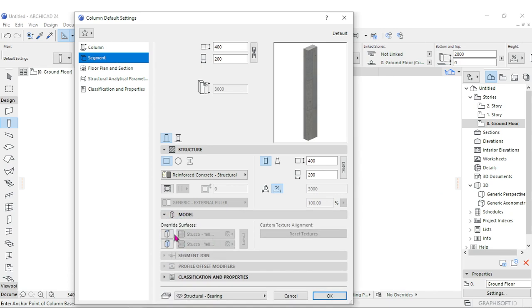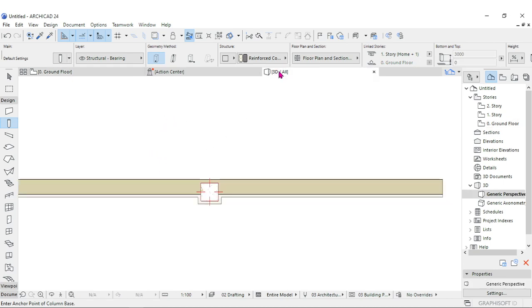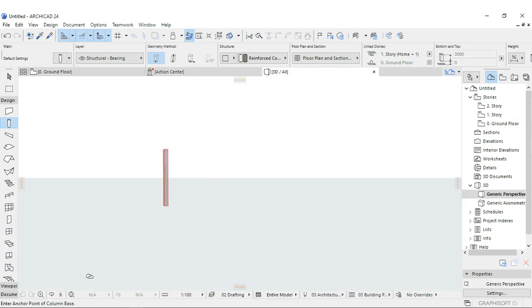However, the override works the same way we saw with the wall, so you can provide an override. As you can see, I'm just going to turn it off, and here I'm just going to click OK and place it. You just need to click on the drawing space here, so click and it will be placed. Of course, this will depend on the geometry method, and we are going to look at the various geometry methods. So this is a column, and we can view it in 3D. So that is the column,